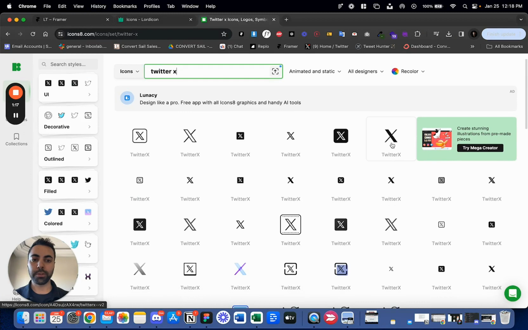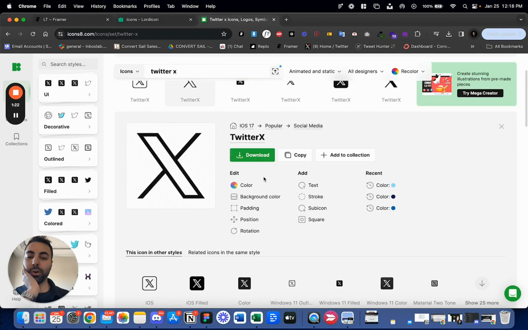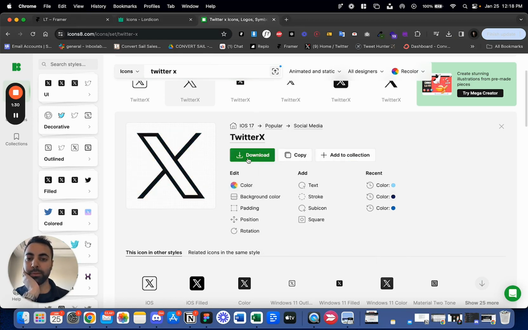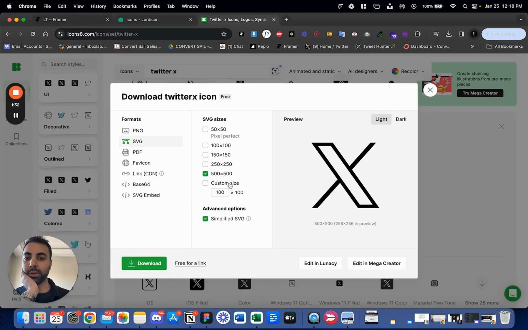You can do this solid, like this. Usually I go for this. When you go here, you can change the color however you want. So let's say your brand color is different and you want to mix it up, you can do that. But for this purpose, we need black. So download. Sometimes they might charge you, but for Twitter, this one is free. So we're going to